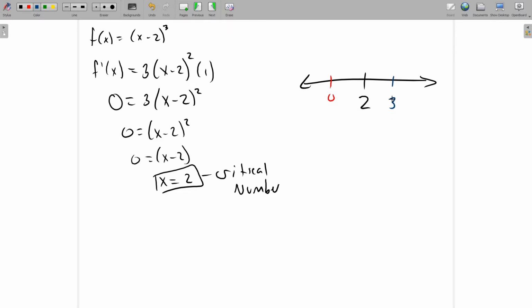Because we get to pick the points that we want, it's advantageous to pick something like 0 that is typically easy to plug in. So we plug these points into the derivative, right? Not into the original equation, into the derivative, because I want to know what the slope of the tangent line in this interval is going to be. So plugging in 0,